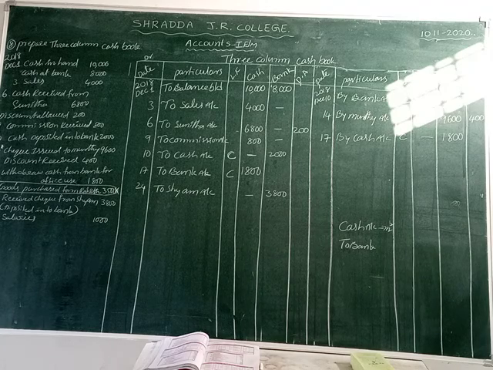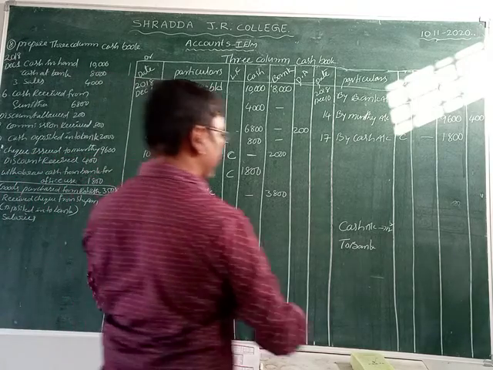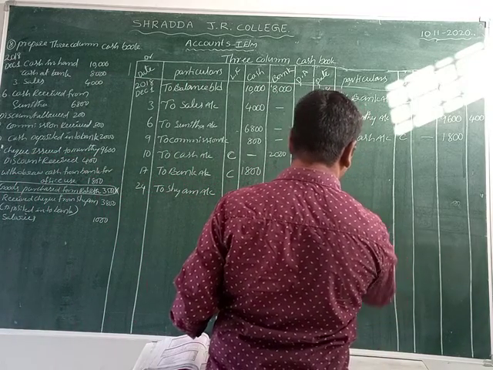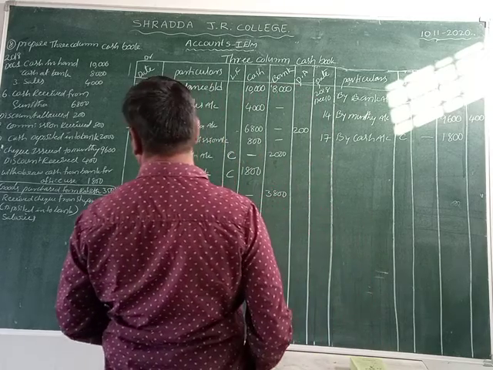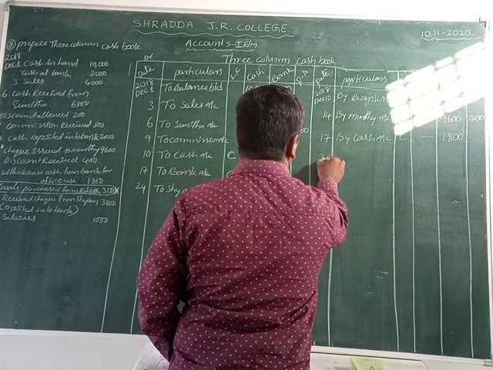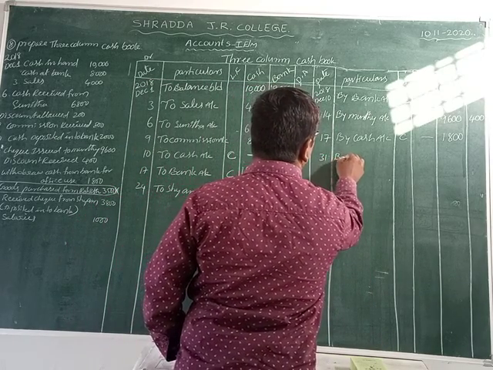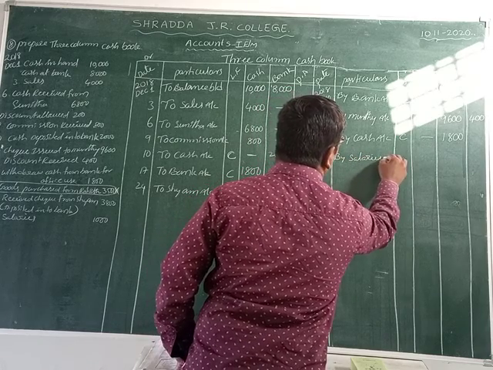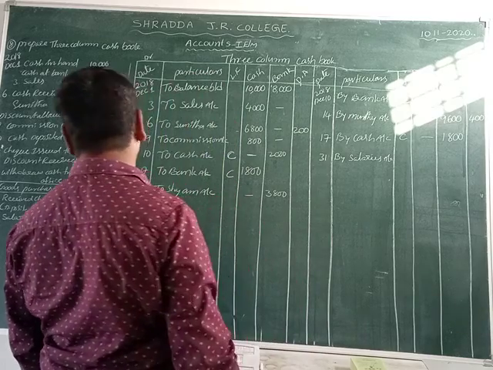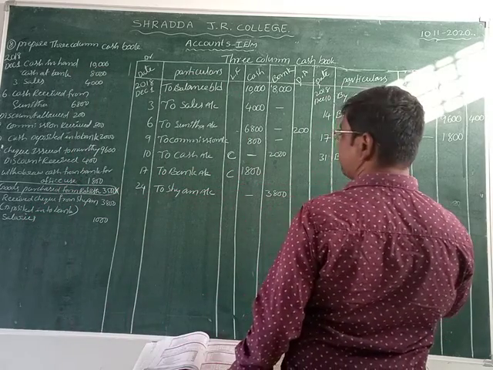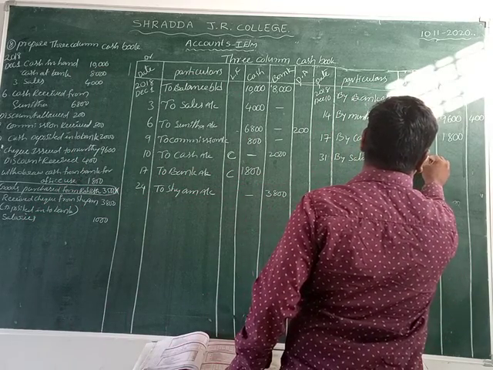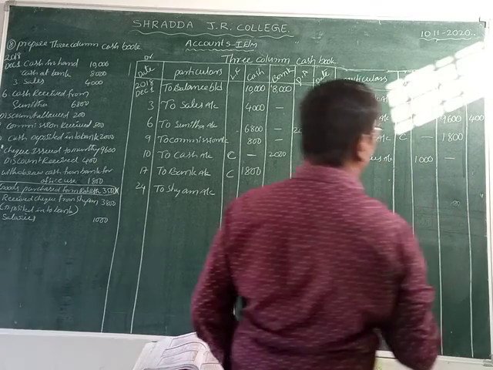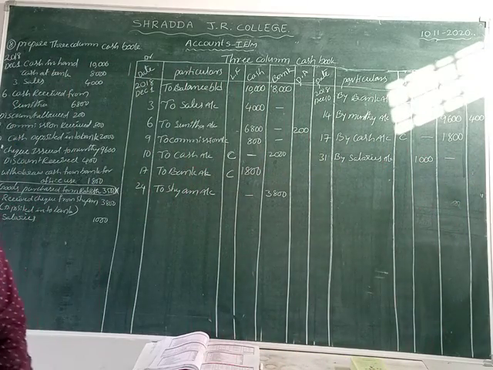Cash payment is going now. So here is a cash payment to pay the salaries. That's why we record it on the cash side, as cash goes out of the business. Then we record it on the credit side. The date is 31st, by salaries account. By salaries account, friends, since it is paid in cash, we record 1,000 rupees in the cash column.